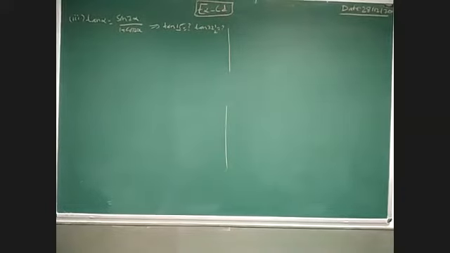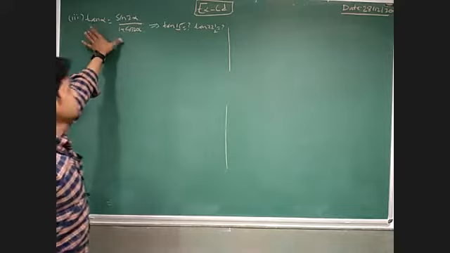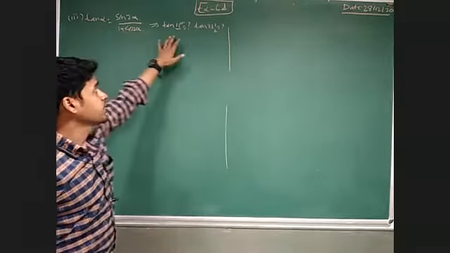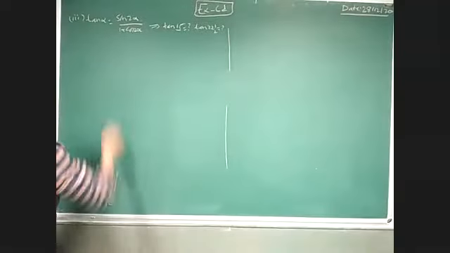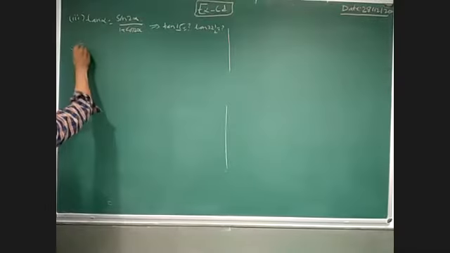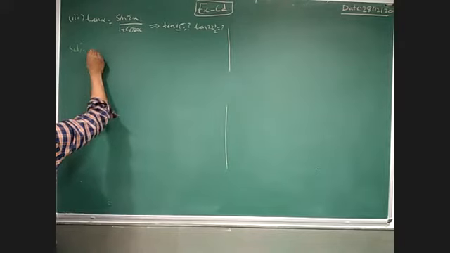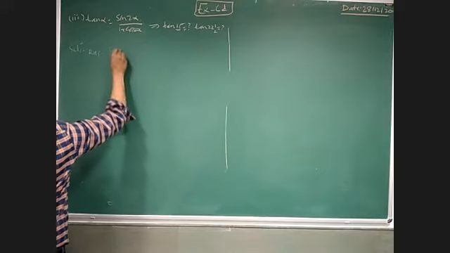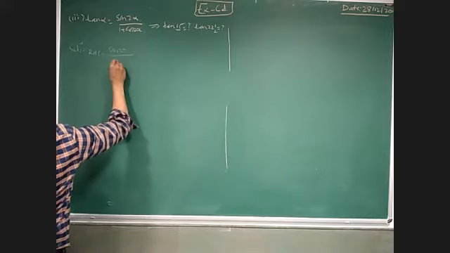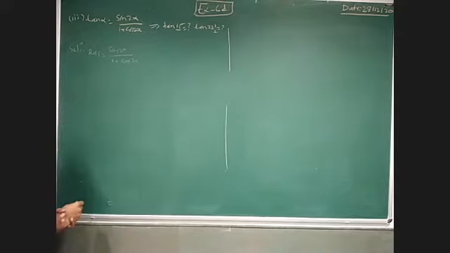Okay, first here we have to do three things. First of all, we have to show that these quantities are equal, then we have to find tan 15, then we have to find tan 22 and a half. Now just focus here on the right hand side. On the right hand side, sin 2 alpha by 1 plus cos 2 alpha is given.